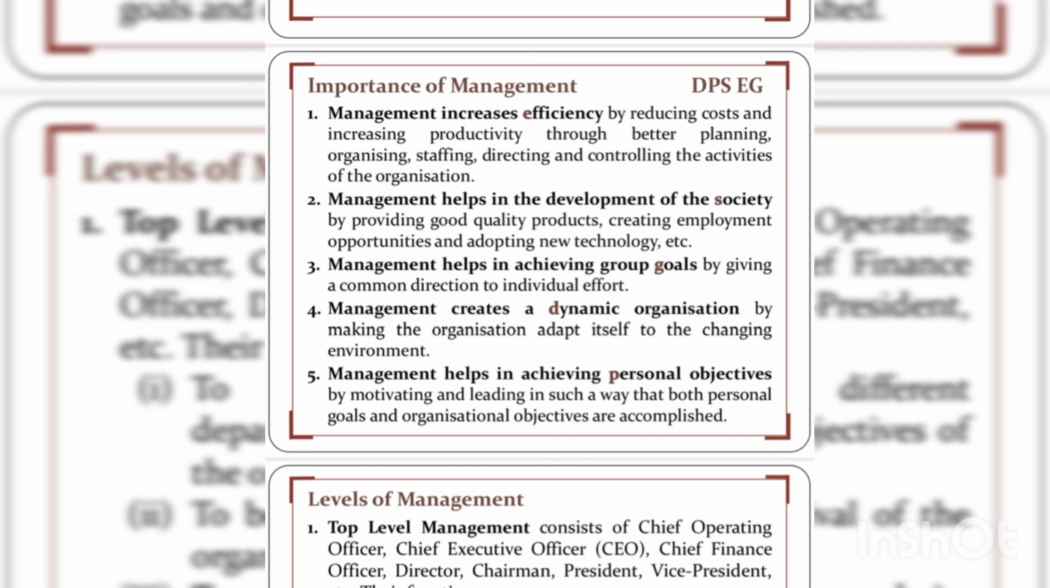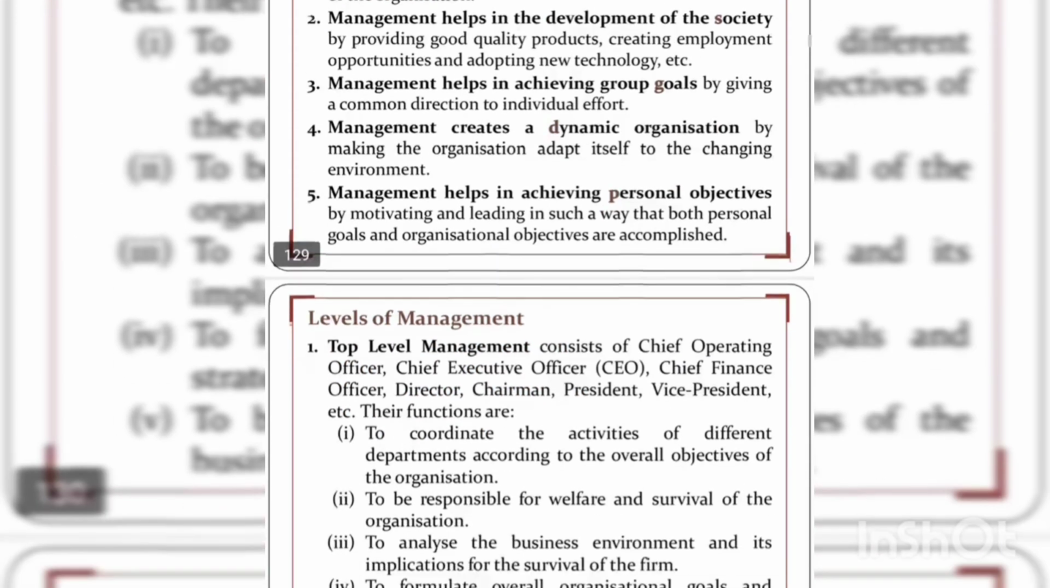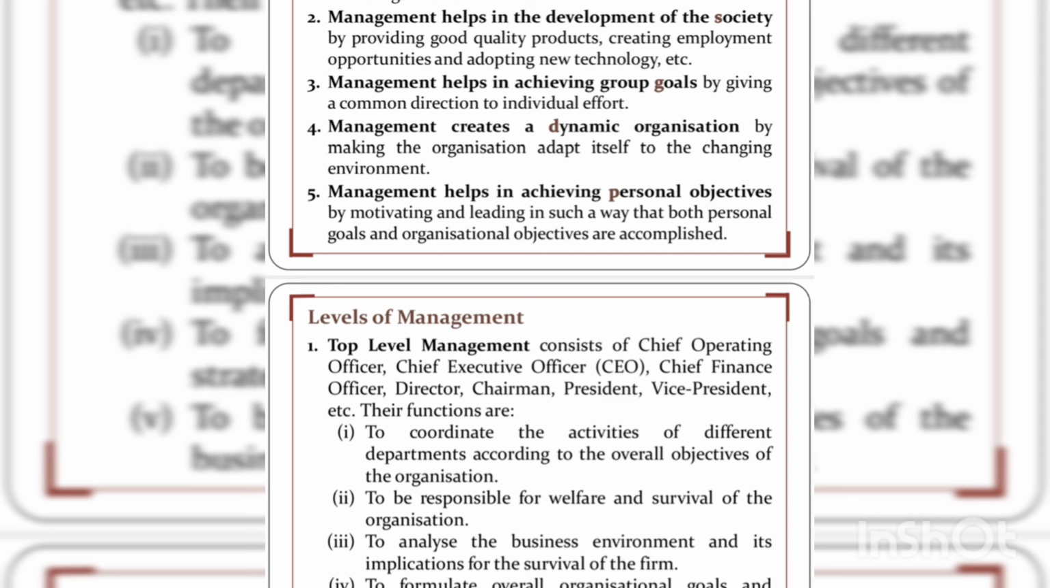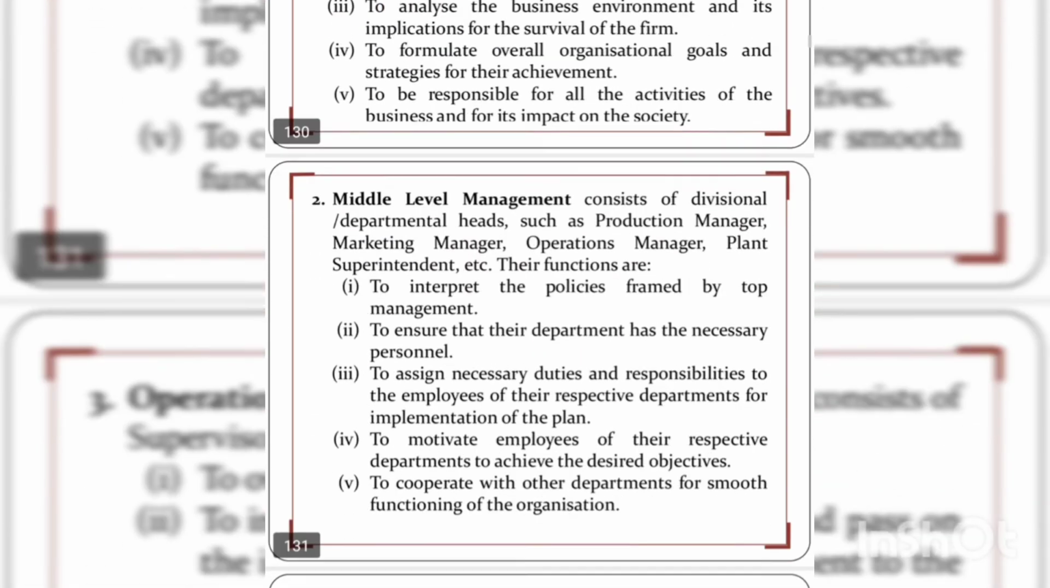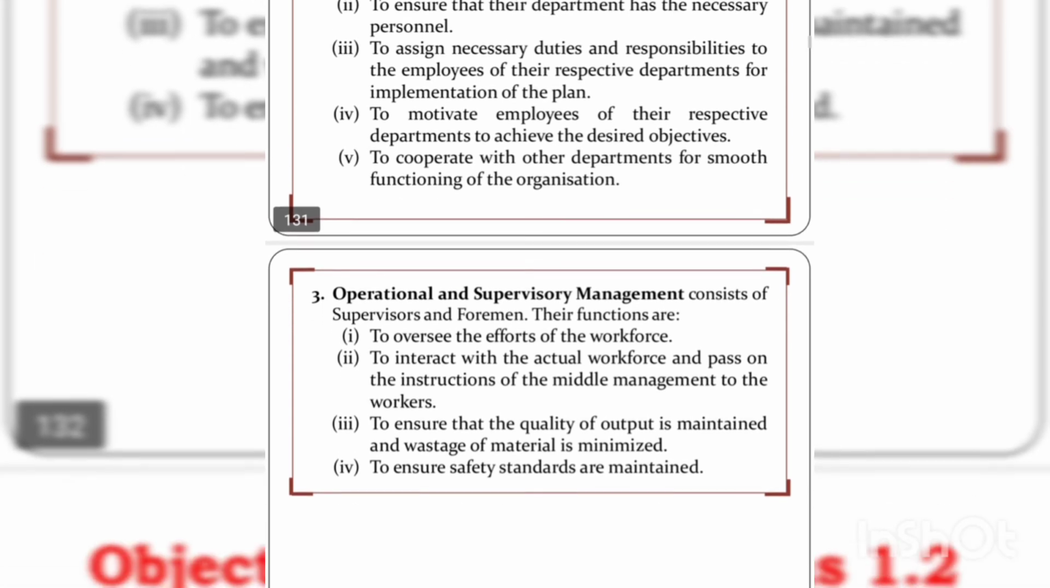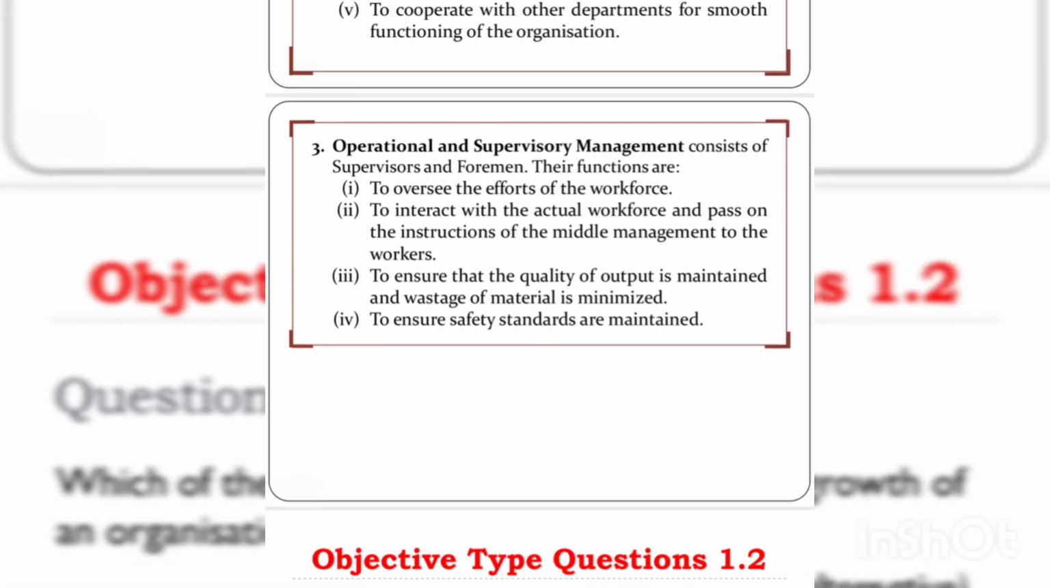Fourth, it creates a dynamic organization. Fifth, it helps in achieving personal objective. And the last topic is levels of management, which comprises different examples and their functions, starting from top, moving on to middle, and finally we have discussed the operational level or the supervisory level of management. I hope the concept is clear to you. In case of any doubt,